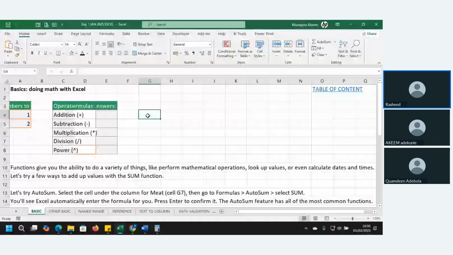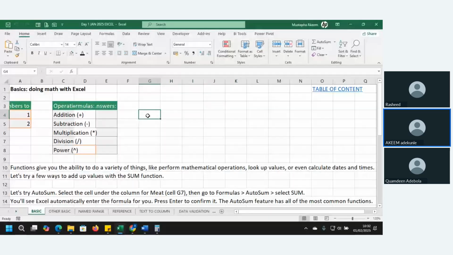But the most popular is Microsoft. Excel is from Microsoft, and it is the leading one. It has the desktop and the online version too. There have been a lot of upgrades in Excel: 2007, 2010, 2013, 2016, 2019, 2021. We have 365, which keeps upgrading on a daily basis.